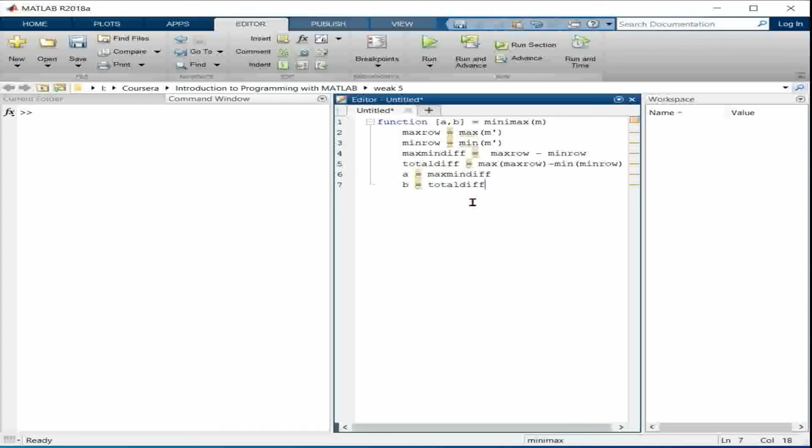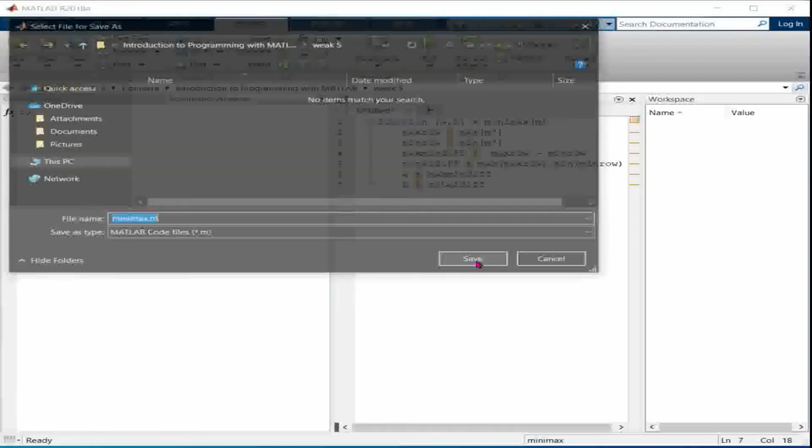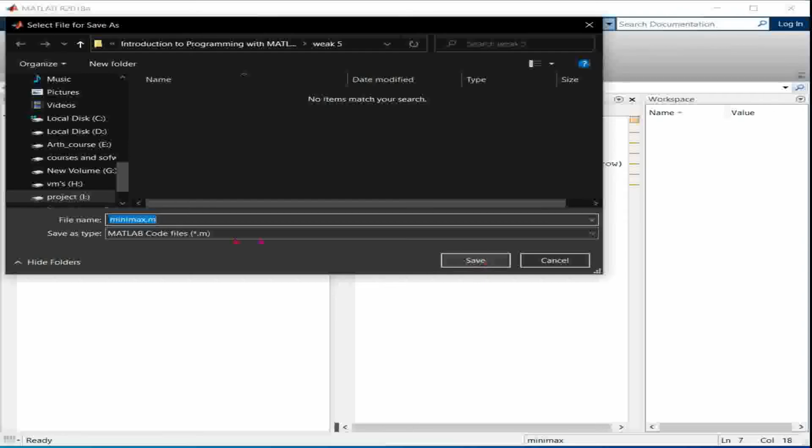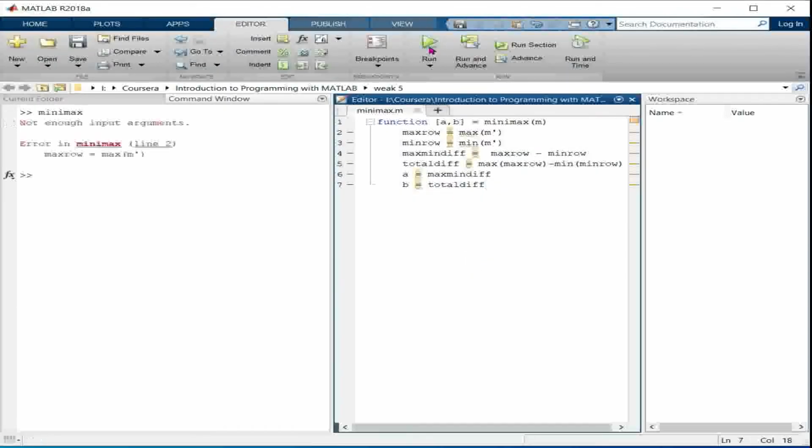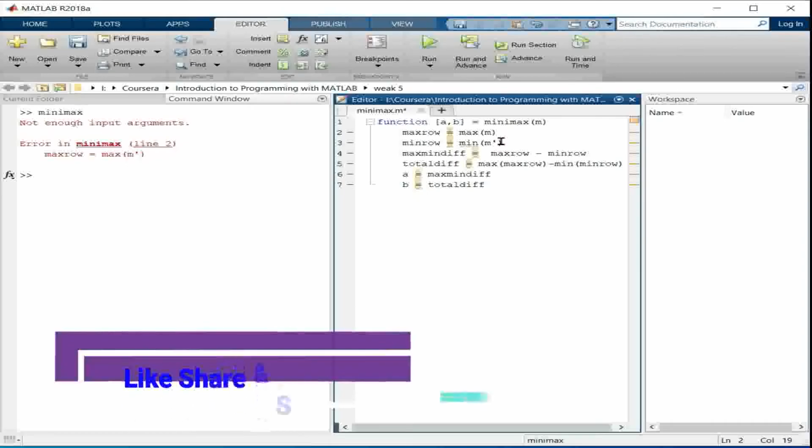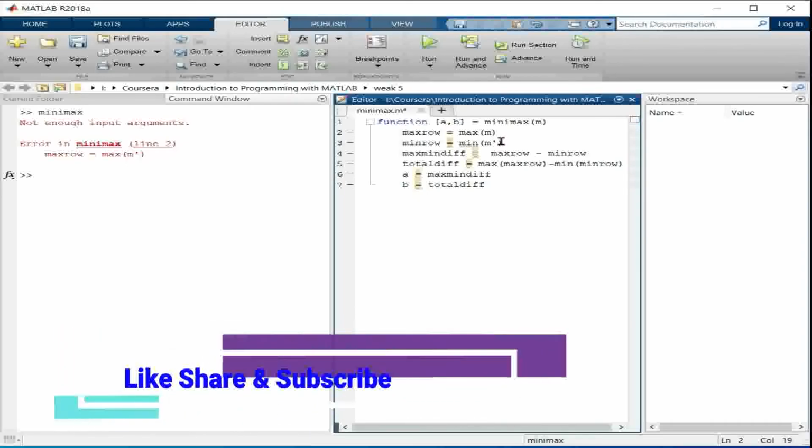Let me run this code. I hope I have not made any typing mistake. So let me run. The function name is minimax, so first it has been set by minimax. Okay, it is showing here. Now let me run.